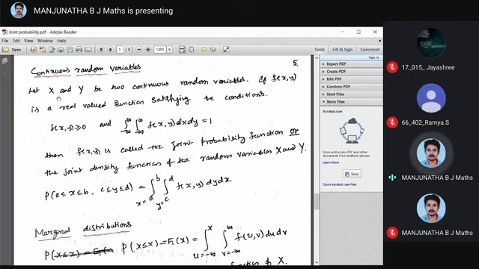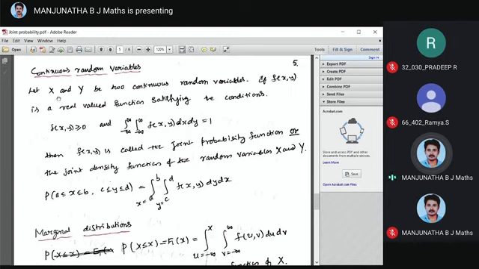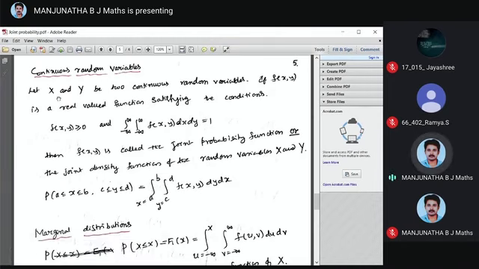Now for a continuous random variable with two random variables, x and y, what is the condition? Instead of one integral, here we have to use the double integral. Therefore you must know the double integral, and you must know how to change the order of integration. I think you have studied that during the second semester. Just to recall, how to change the order and how to convert Cartesian to polar. I need those results here, therefore just go through that once before we start continuous random variables.